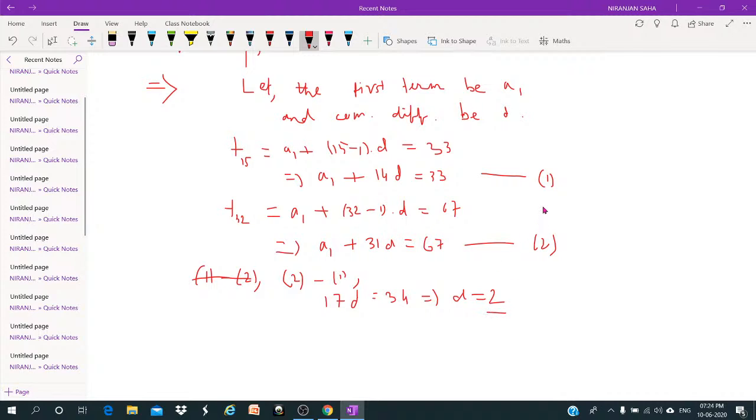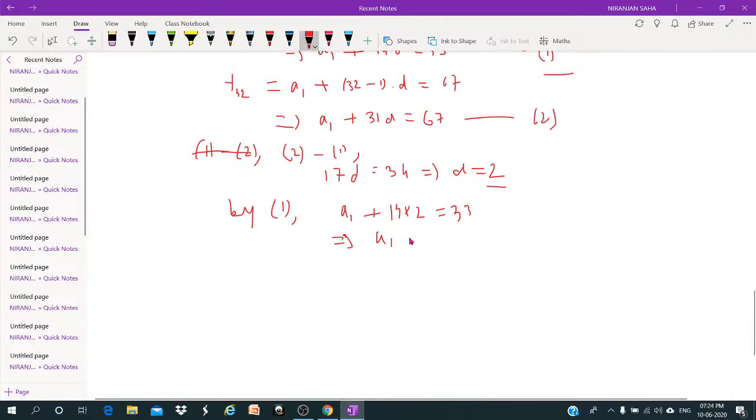Now put the value in equation 1. So we have A1 plus 14 multiplied by 2 is equal to 33. So then we will get A1 is equal to 33 minus 28, which is 5. Here the first element is 5. The common difference is